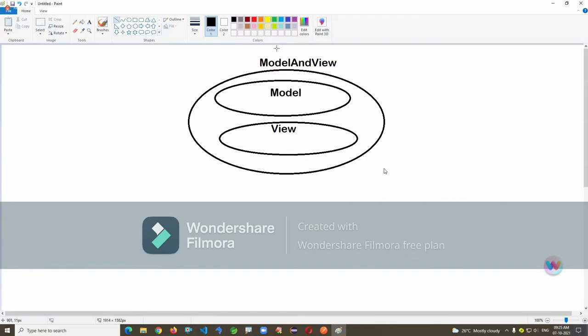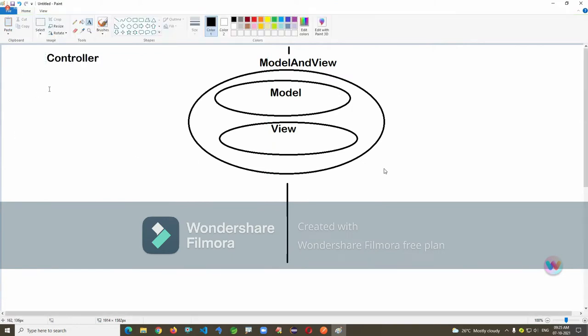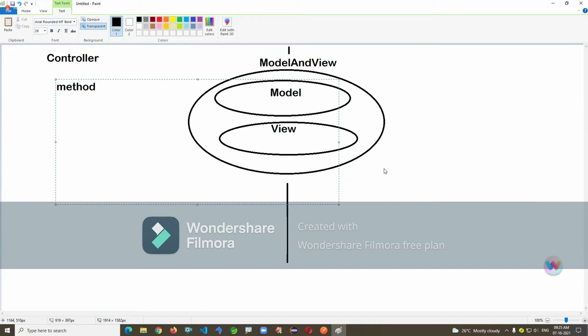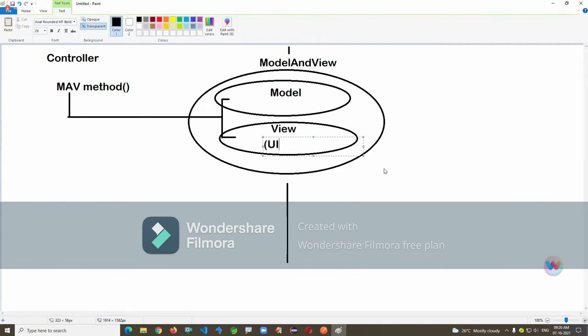Okay, this object will be created by a Spring controller. So inside the controller method, you have to return this. That method return type should be model and view. Whatever controller method you have, it returns model and view. Where model is data and view is the file name, the UI name. Model will store the data in the form of key and value.